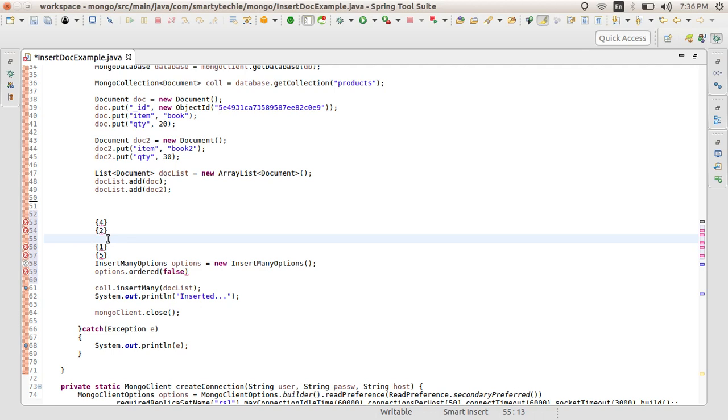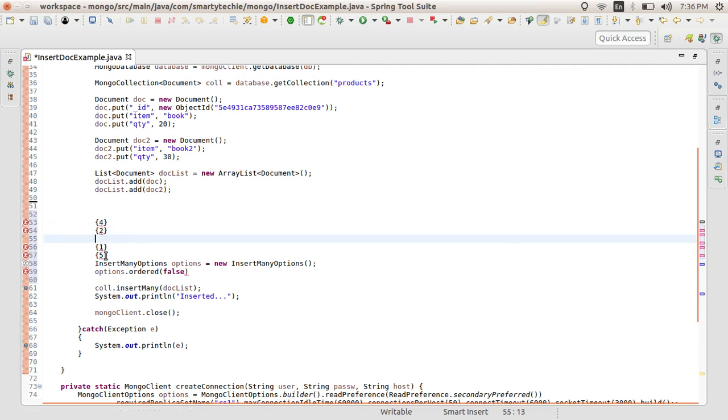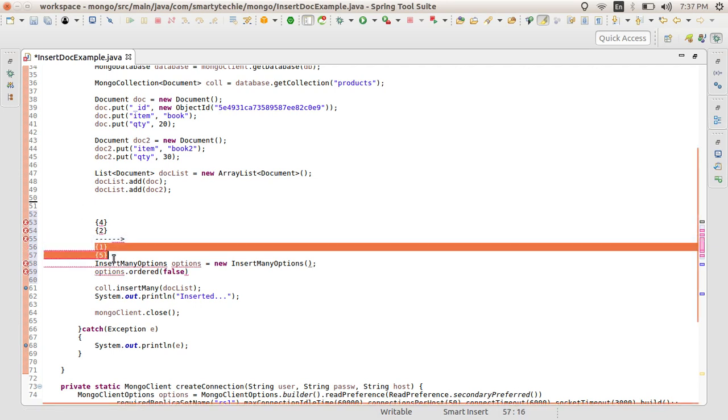Obviously, if it inserts fourth, inserts second, and then gets an exception at third, then first and fifth are not going to be inserted, and it will return back after the third only. In that case you will not be able to identify how many documents have been inserted.